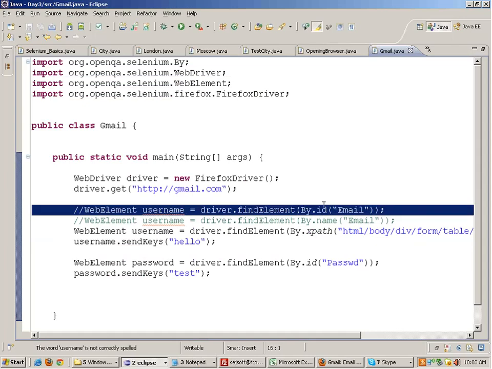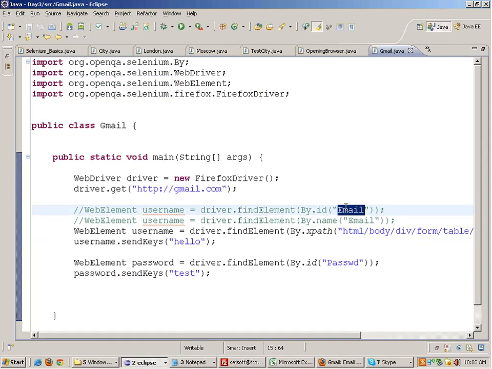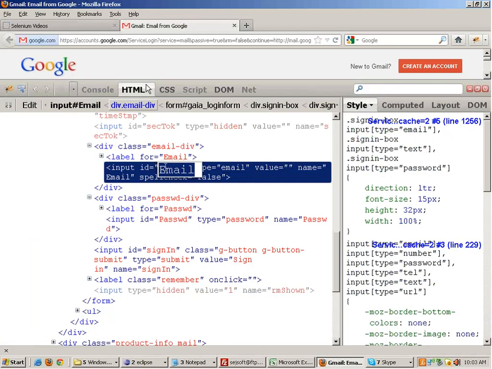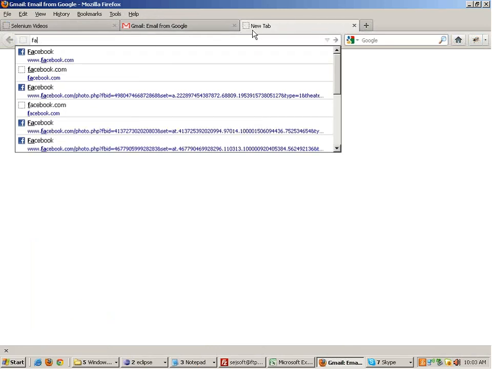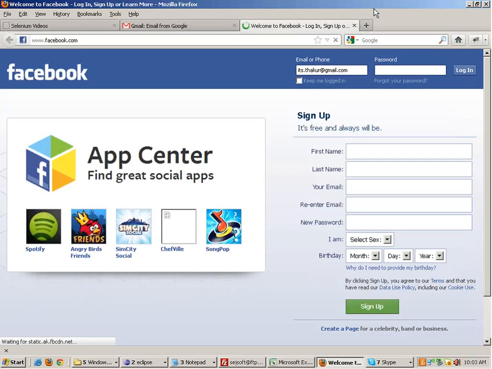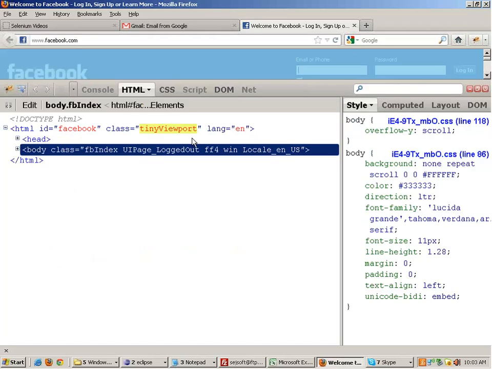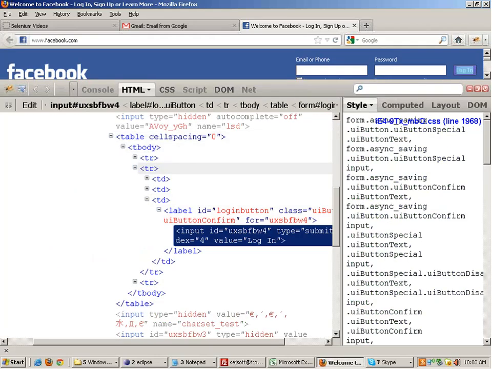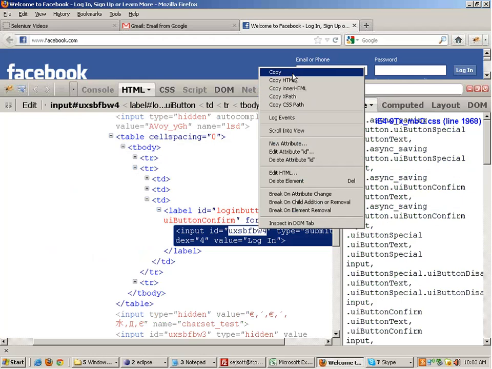I was using this line and I was writing find the element whose ID is email. Now sometimes the ID keeps on changing dynamically. For example, if you look at a website like facebook.com, and if you go and inspect this login button of Facebook, then this is the ID of the login button. I'll copy the ID